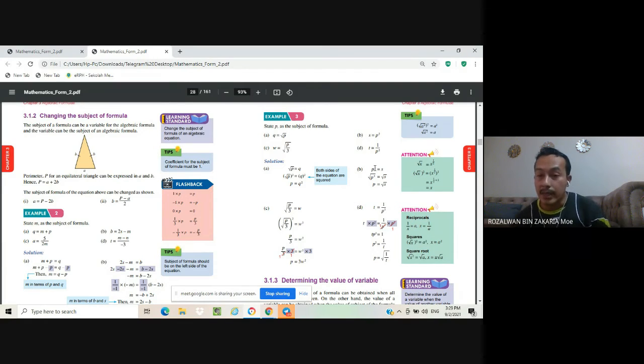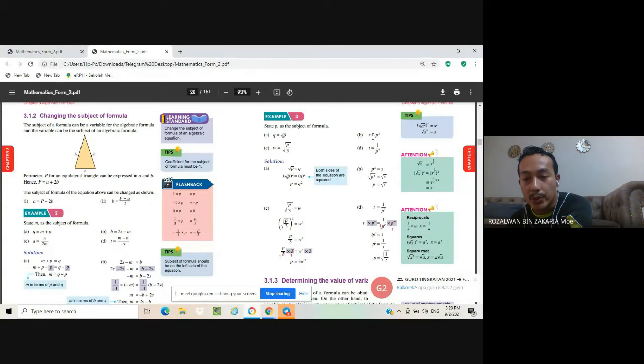Okay, all right. This one, I repeat again for this one, B. Look at this one, we have the original question. The formula is S equal to P2. So we just change the position. This P2 you put on your left side, so P2 equal to S. Then S you put on your right side. So P2 equal to S.